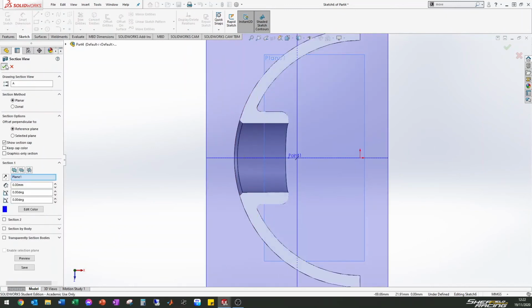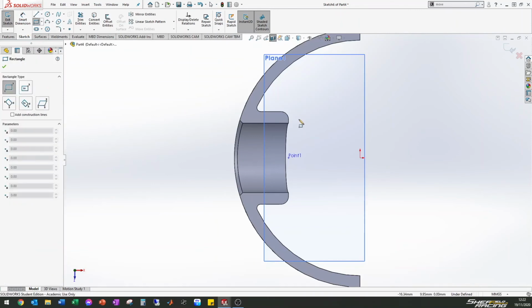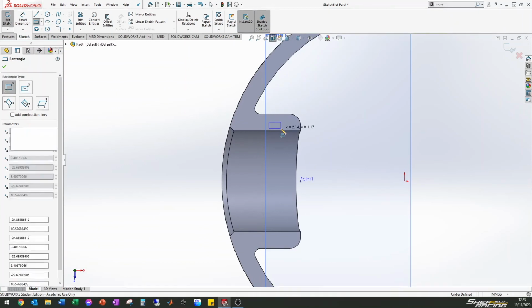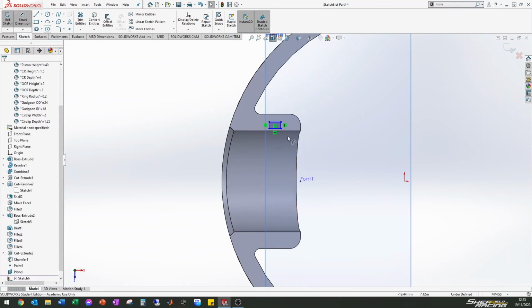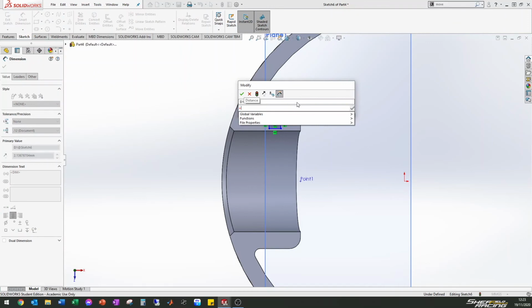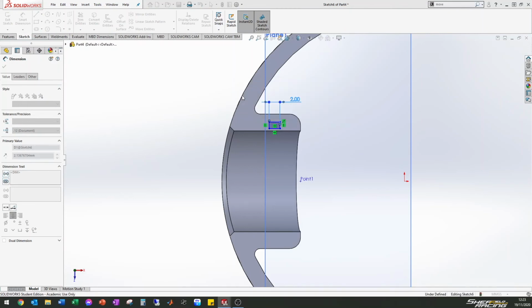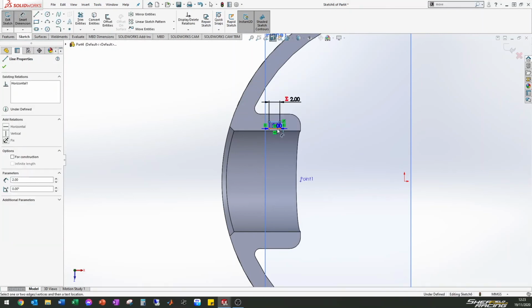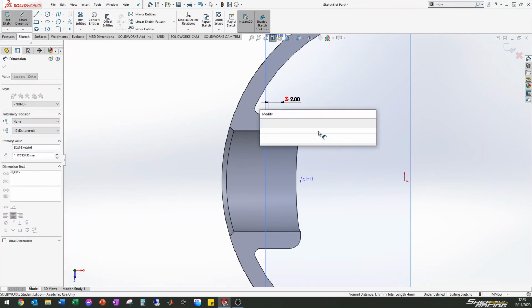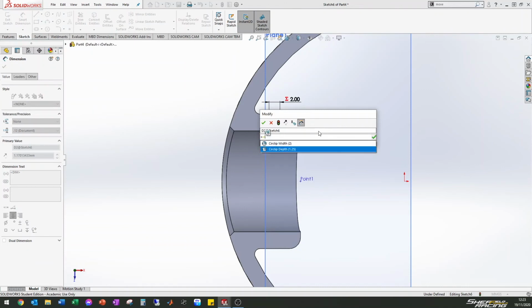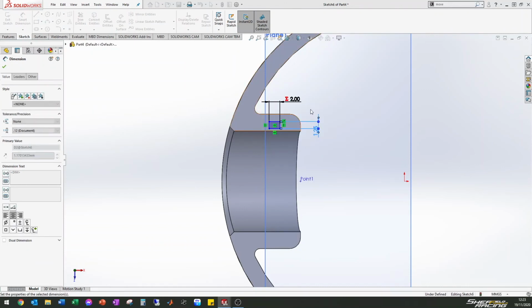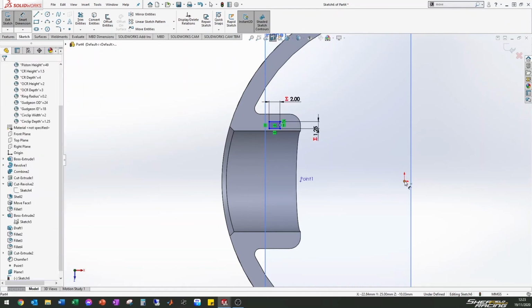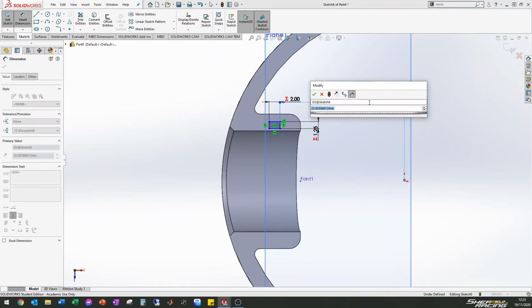If I click OK on that, if I start sketching, I'm wanting some sort of rectangle. So if I just draw a rectangle and then add some dimensions, this is going to be the circlip width. So equals, using the variables again, are they going to work? No. Circlip width, click OK. And the next one is going to be the circlip depth. Right. So I now need to specify the distance of this to the origin. So if I put a distance of 25 millimeters,